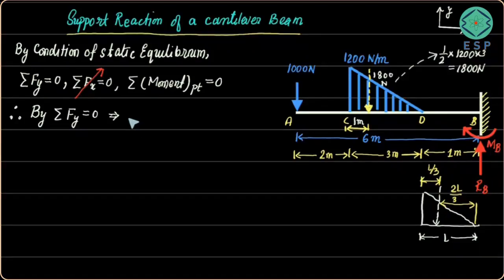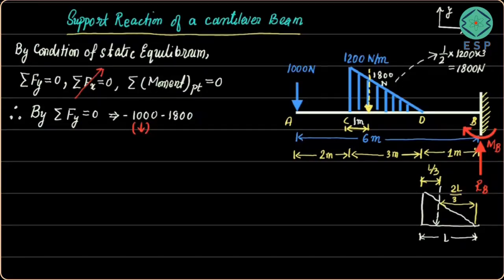So this force is downward, so it will be negative as per our sign convention, minus 1000 newtons. This is negative because it is acting downward, friends. Okay. Now this point load we are considering is 1800 newtons. It is also acting downward, so it is minus